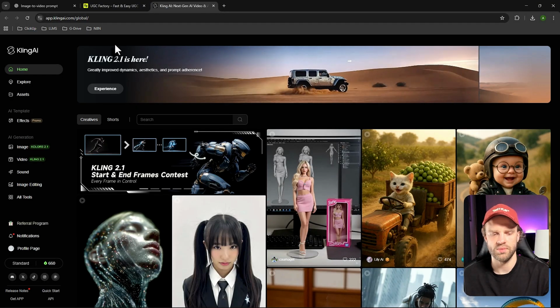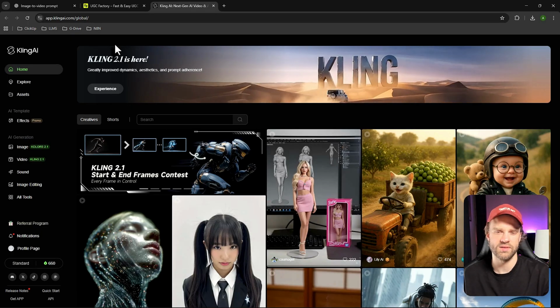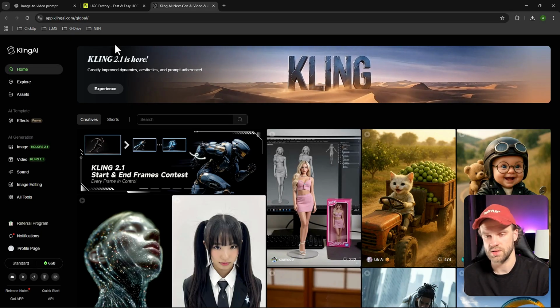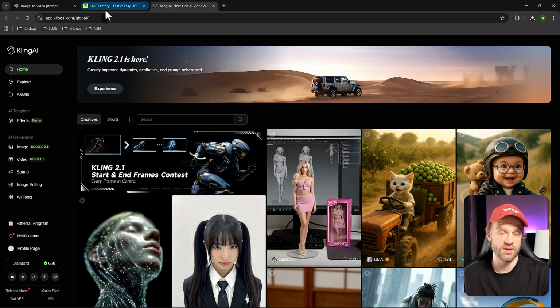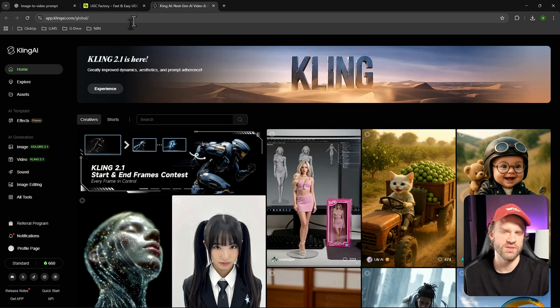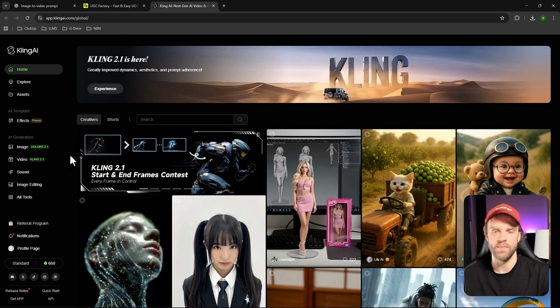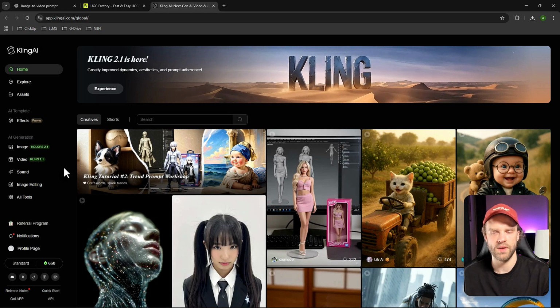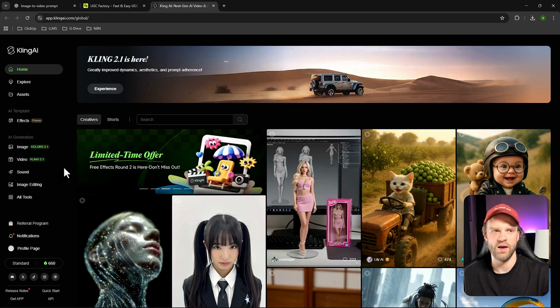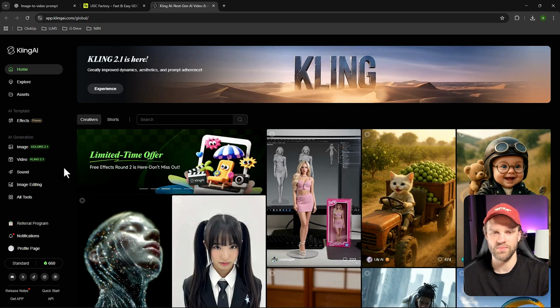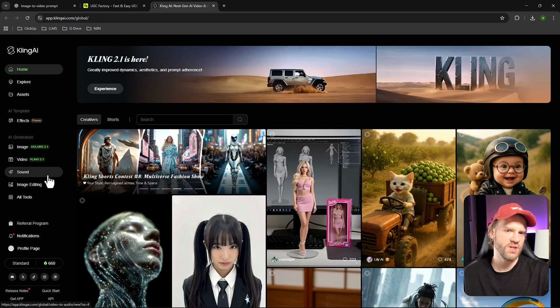It's fairly cheap. You can start for something like $6 or $8 a month, and you get a generous amount of credits. Which is slightly cheaper than Higgsfield. Higgsfield, I believe, starts around $20-something a month. So this could be a beginner-friendly and budget-friendly platform versus Higgsfield. So we can achieve similar results here, right?